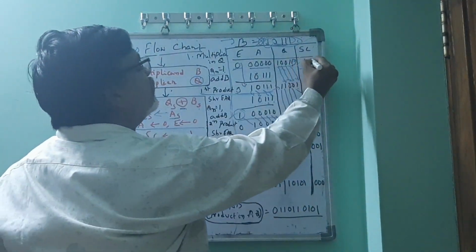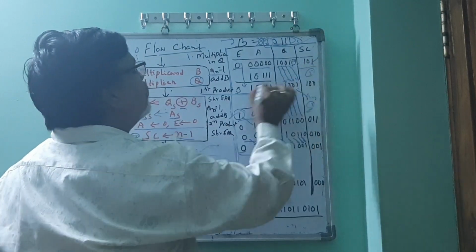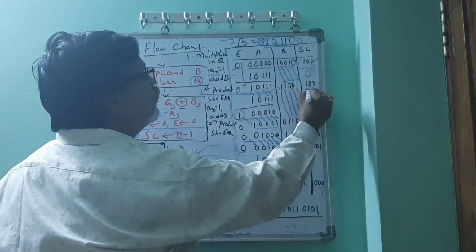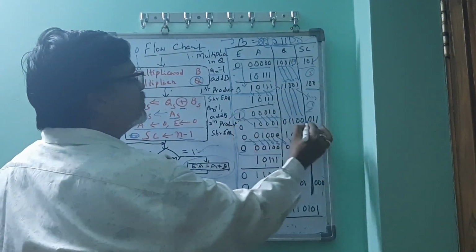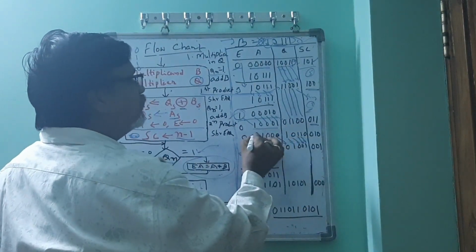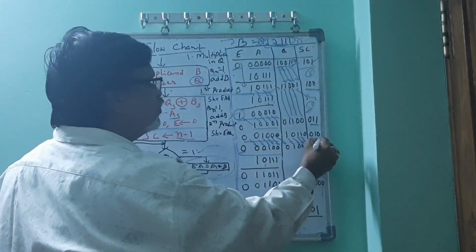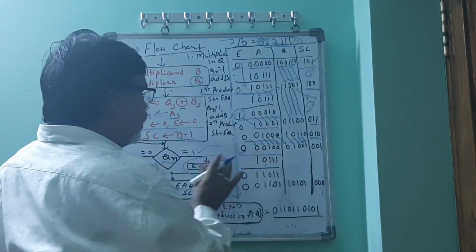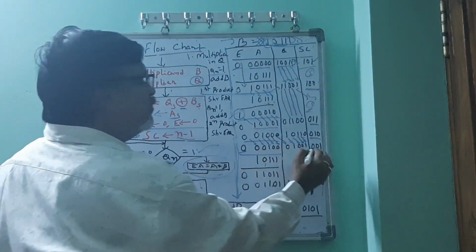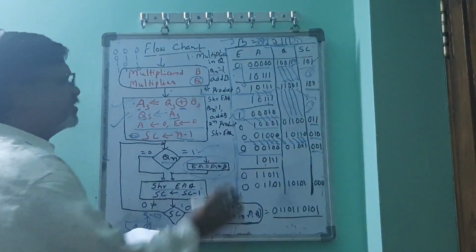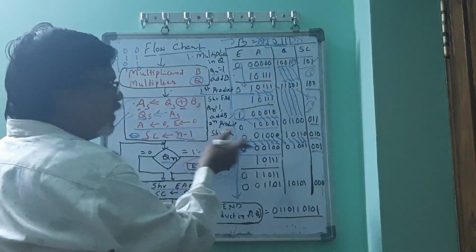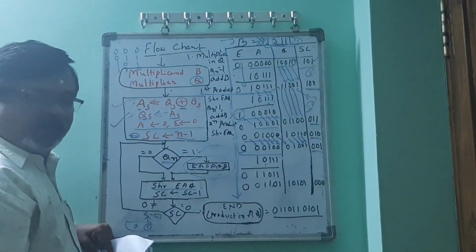So here first time we perform, this is 5, and after performing the first operation, this becomes 4, and after performing the second operation, this becomes 3, and after performing the third operation, it becomes 0 1 0. Now the fourth operation, without performing this addition, it becomes 0 0 1. Because here 0 is there, we are simply shifting it right.